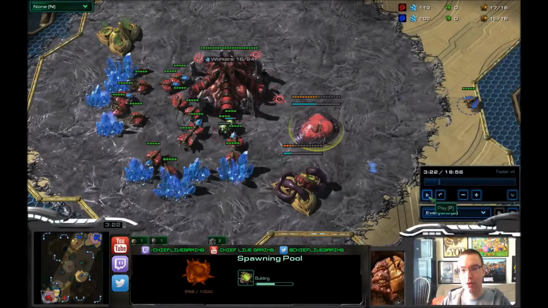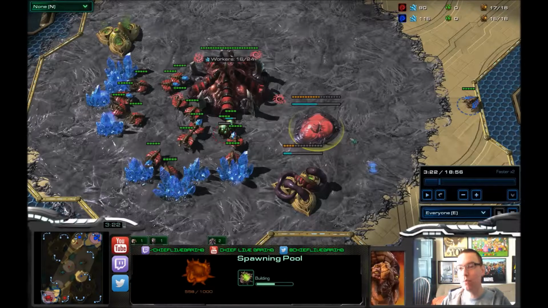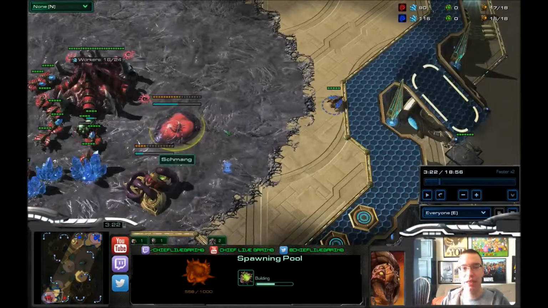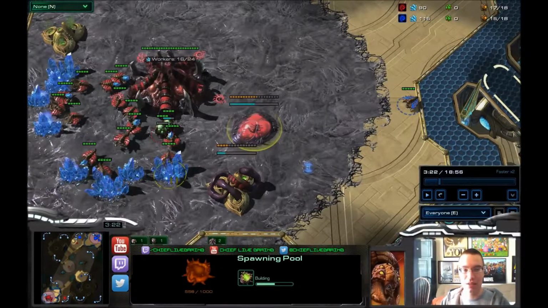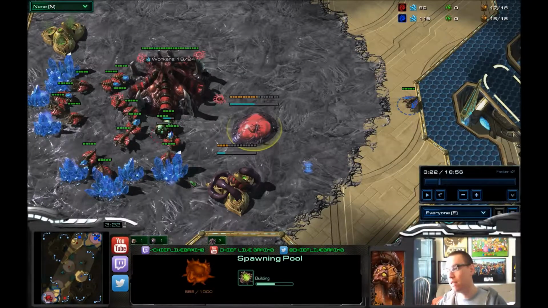There it is. So there's a narrow gap between his extractor and his pool, and a gap here. It seems vulnerable, right? Because it gets surrounded by lings. That's the problem with early game. What you're trying to avoid is getting things surrounded. Your queens are actually extremely strong against lings in a defense if they can prevent a surround. If you can funnel them in like 2 or 3 at a time, one at a time to fight your queens,